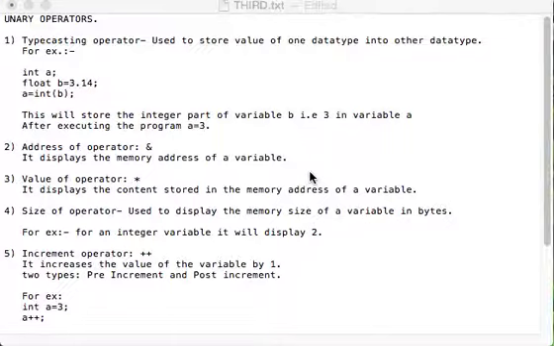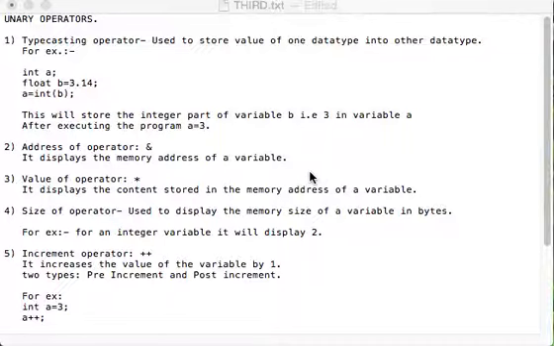This is the typecasting operator syntax. Now this will store the integer part of variable b, that is 3, in variable a. After executing the program, the value of a will be 3. So it basically ignores the float part and stores the int part of b, that is 3, into variable a.